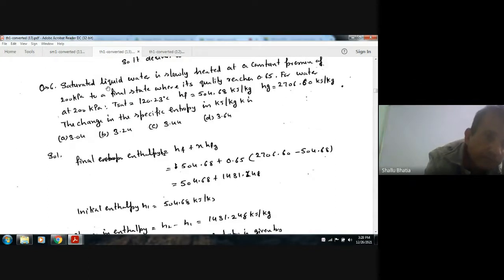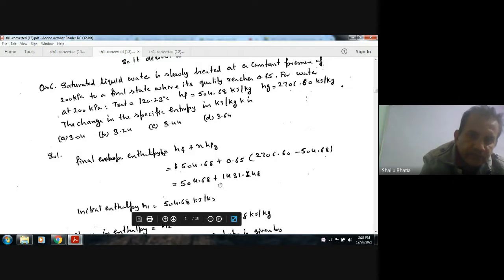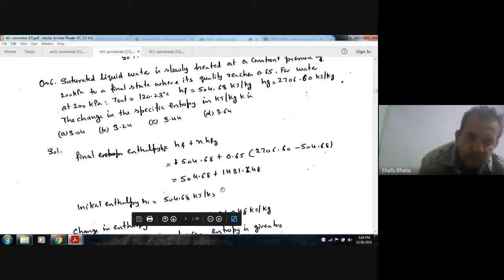The water is initially liquid water, so we will have to take this H1. So the final entropy is more than initial entropy. So it means heat is being added. So it is slowly heated. So the heat addition is given by the difference of these two. So difference of these two is nothing but